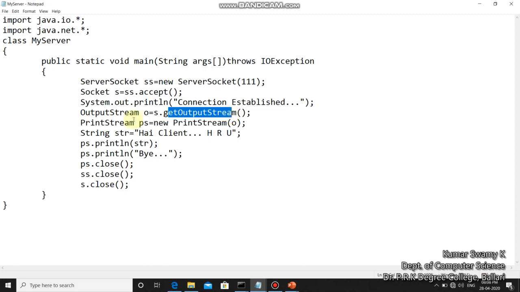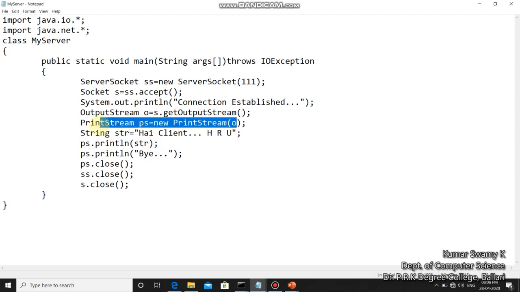So at the other end, a client should receive the data. For that I have used a print stream and I have created an object. To that print stream object I have attached the output stream object. You could see this here in this class.